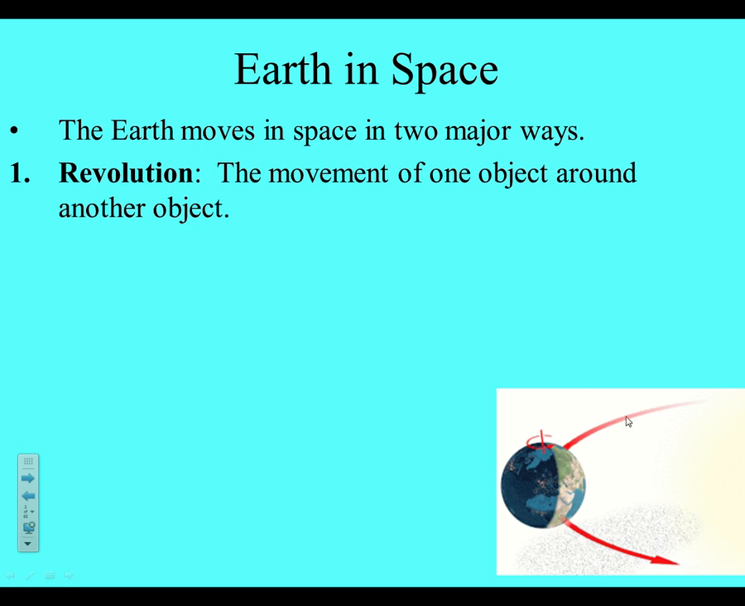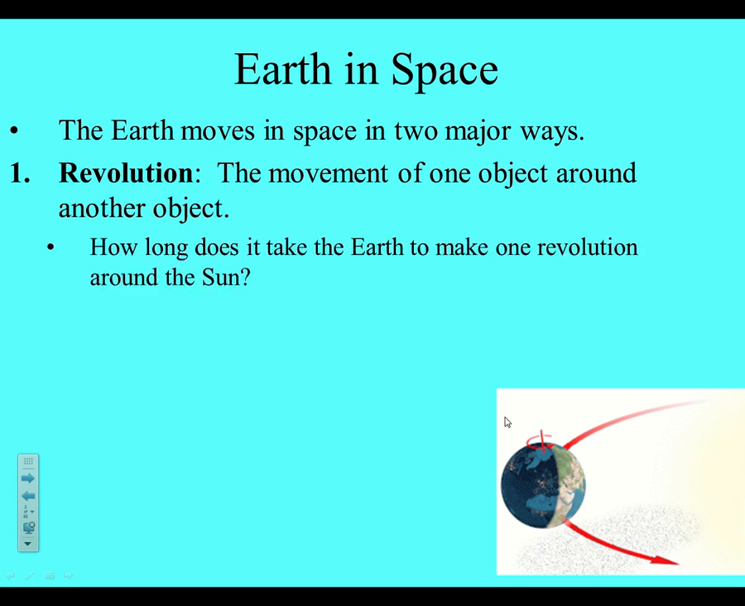Well, the sun. Okay, so you see in this picture here, the Earth is revolving around something, and the sun would be over here. How long does it take the Earth to make one revolution around the sun? It takes 365 days. Well, not exactly 365 days, more like 365.24. Or really, it's